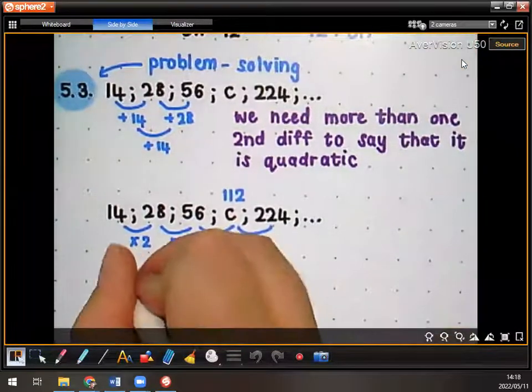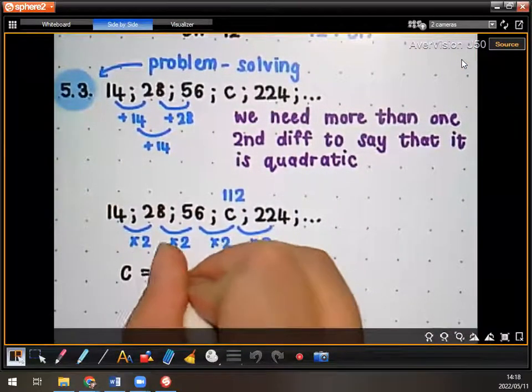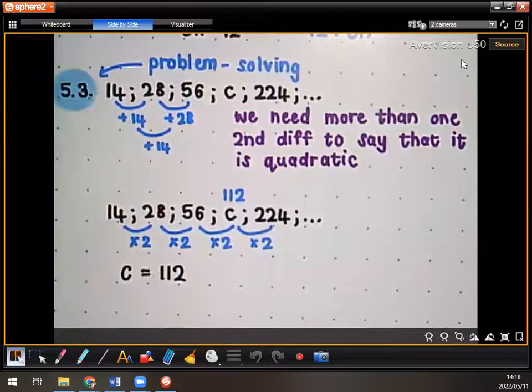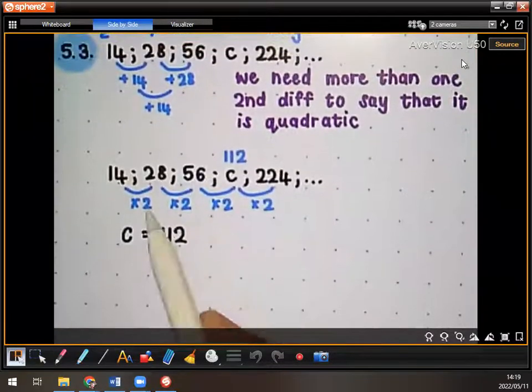Okay, now the difficult thing here, we can find C. That was the first part of this question. Calculate the value of C, so C is 112. But now the difficult thing here is we need to find our Tn. And at the moment, we don't have a Tn formula for when we're multiplying by the same number each time. And we could do the formula for that, which I suppose,